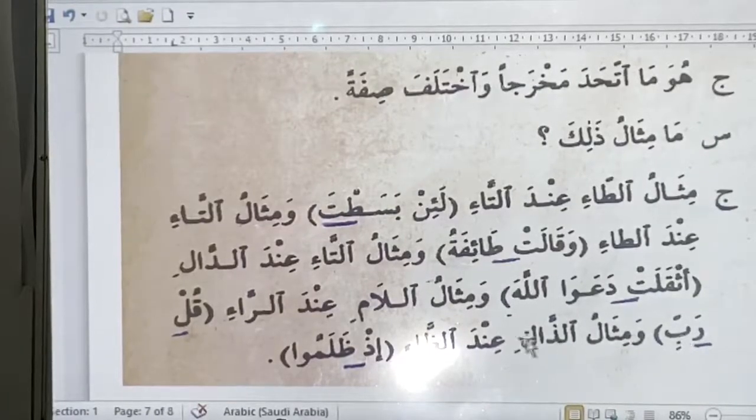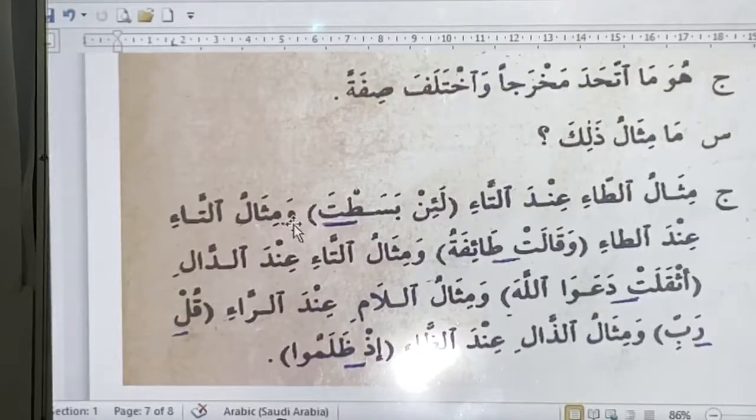And then the example of dhal in the dha, we are having dal and dha. In this example, we are going to merge the two, and then instead of saying idhalamu, we will say idhalamu. So in short here, we notice that for the example of mutaqaribain, they have given ta and ta,